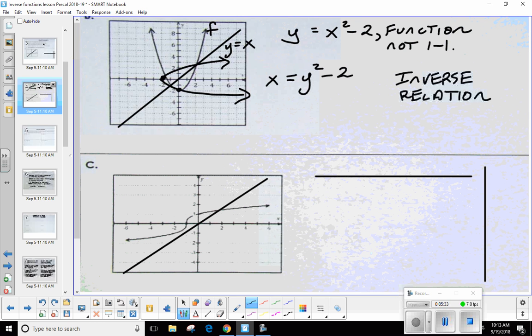Okay. Well, what would I do? Add the 2. So x plus 2 is equal to y squared. And now what? Square root. Okay. So the square root of x plus 2,